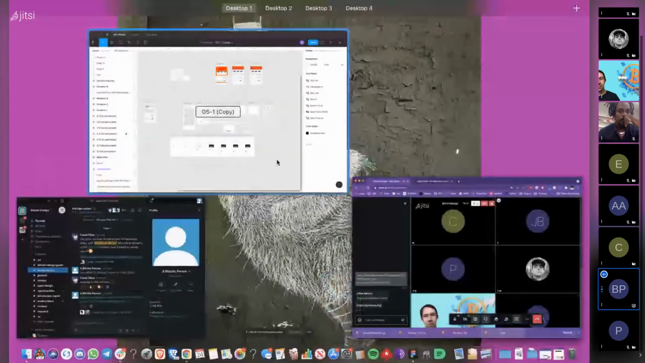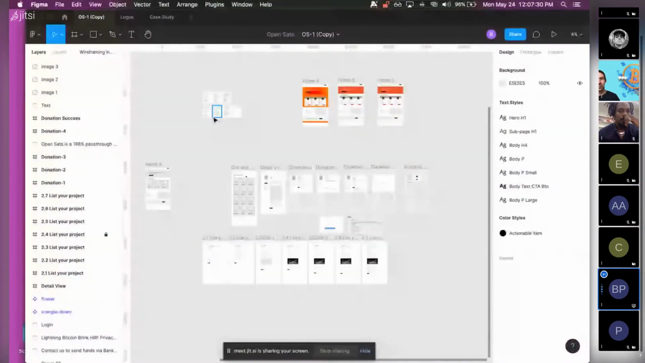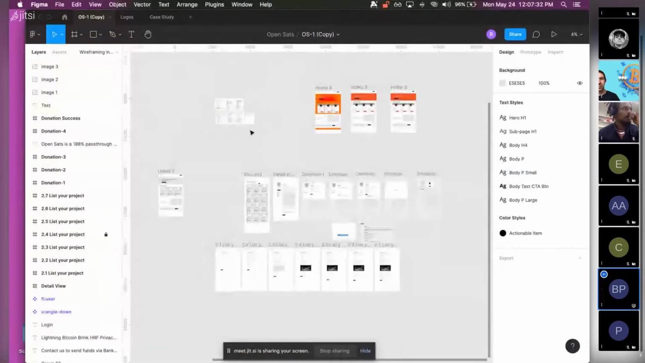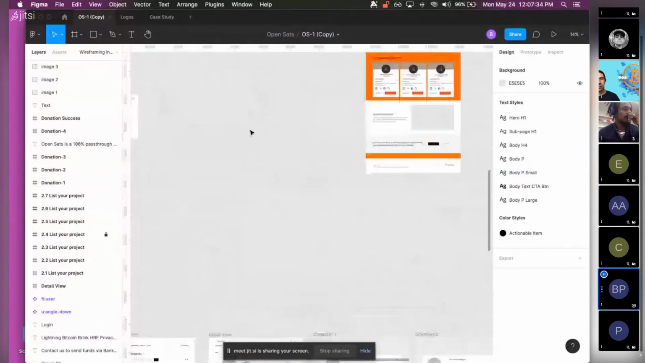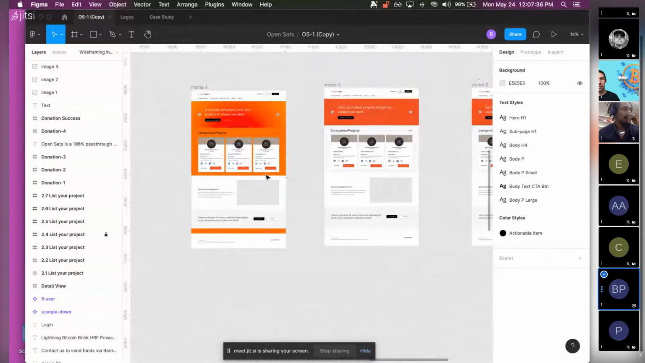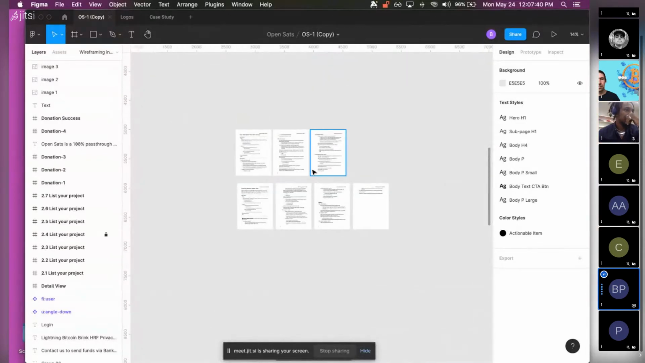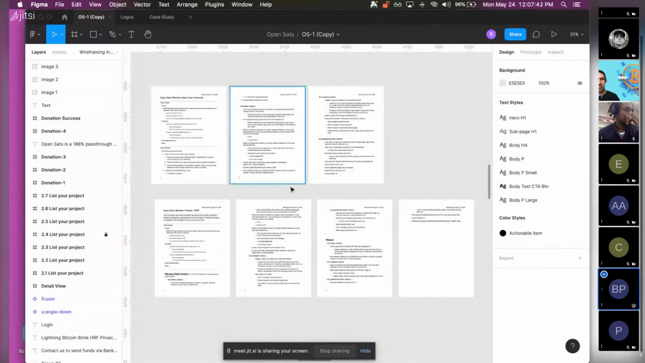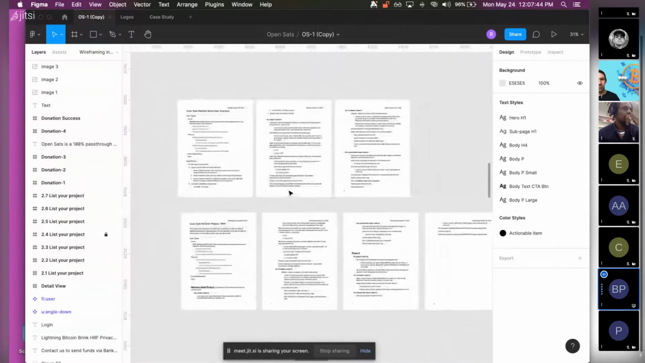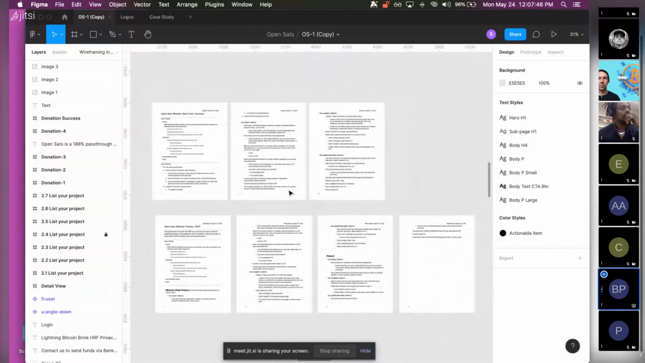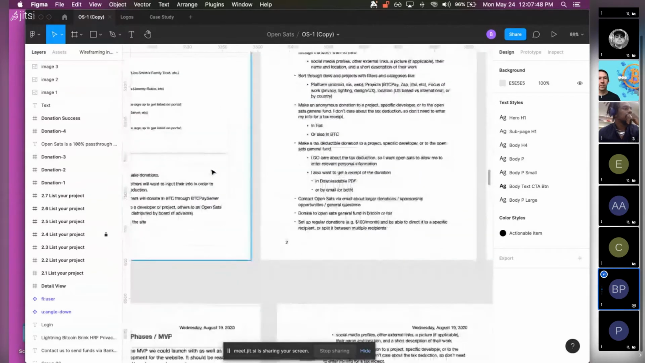And then for the rest of this, we want to jump into what we have in mind for our actual donation platform. If you are on the Figma page, which I shared in both the design Slack as well as in the chat room here on Jitsi, I've outlined